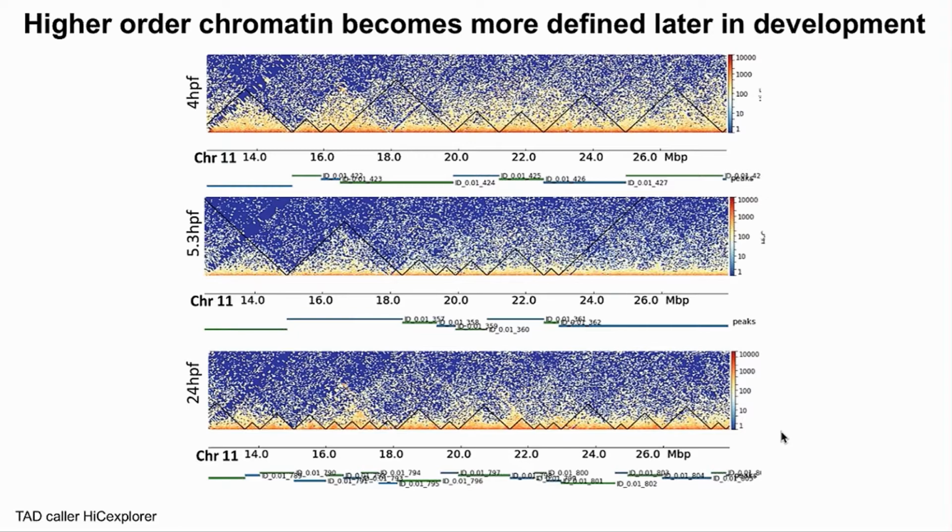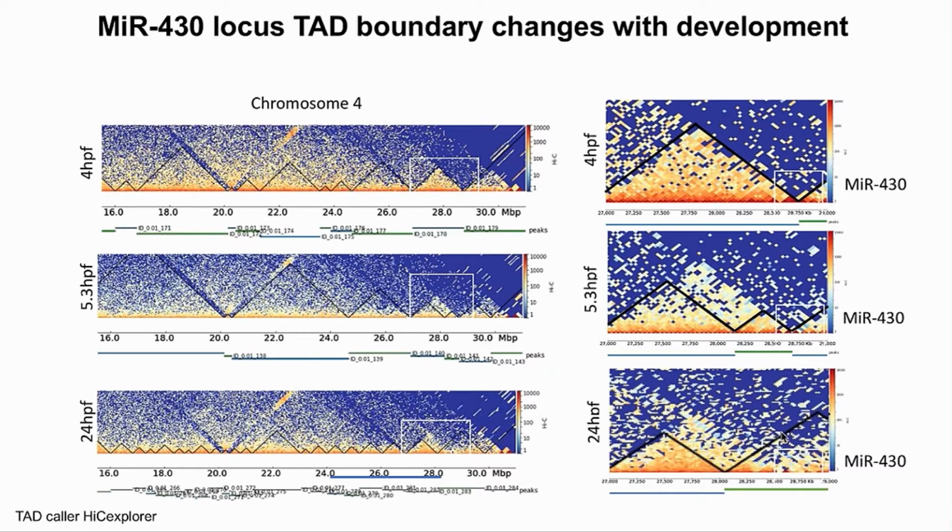So on the next slide, we're zooming in now on the locus that Antonio was talking about, this repetitive MIR430 locus that has the first transcription in that minor wave. And this box that Antonio is now trying to circle for you, this white box, includes the MIR430, which is right at the base, which if you move to the right like he has, that outset, you can see the MIR430 locus is right in the center of that white box and appears to be at the boundary of two architectural elements. And then if we look even at 4 hours post-fertilization, which is the time when the MIR430 locus is active,